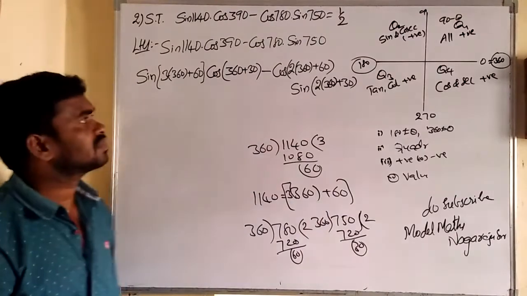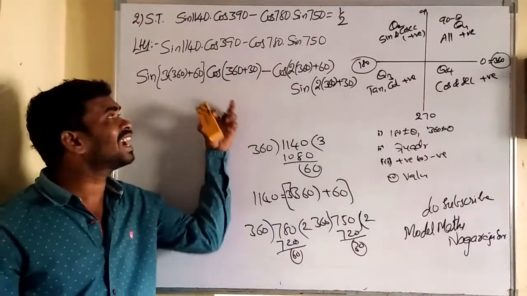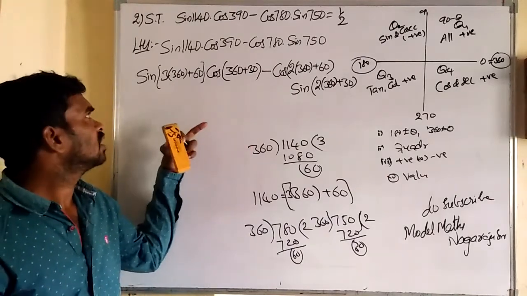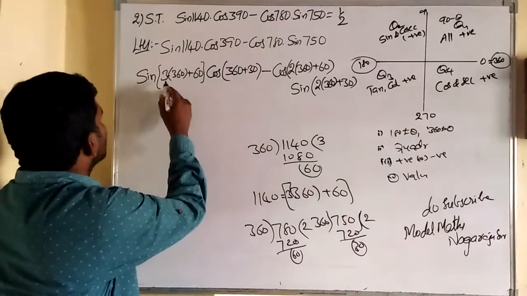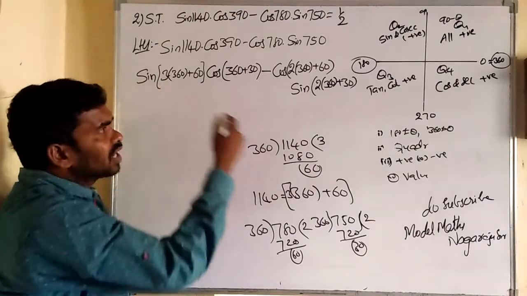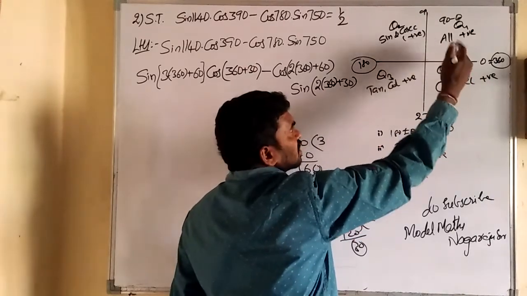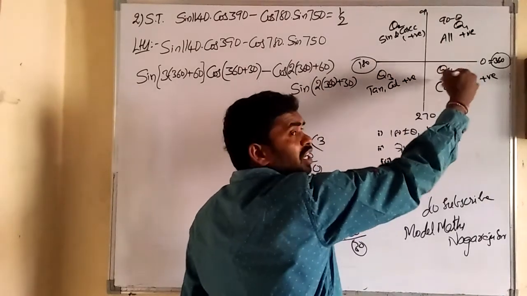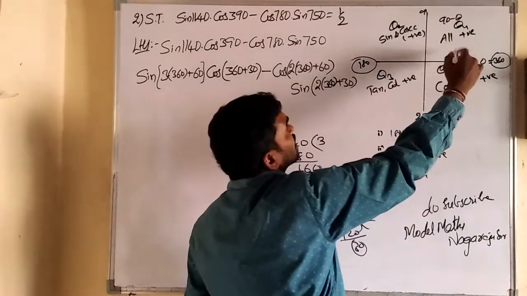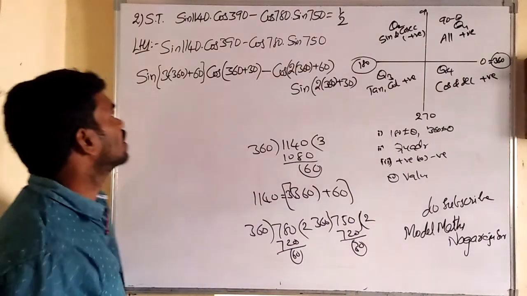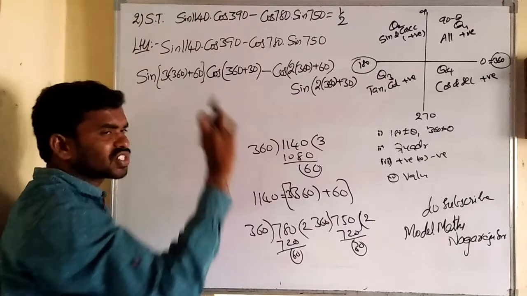Okay now, we have many methods. In a different way also we can think and do, but the best one is doing like this. So 3 into 360 means, okay now, one complete angle of 360, we enter into the first quadrant. If you complete the second rotation also, we again enter into the first quadrant. After 3 rotations also we enter into the first quadrant. So however many 360s there are, no problem. Again we enter into the first quadrant.